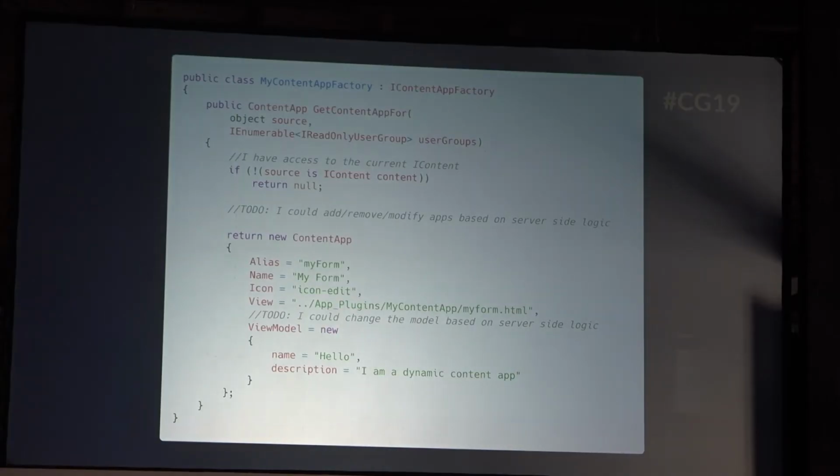Speaking of dynamic content apps, can I? Sure you can. So if I want to make a content app in C#, you can do that. Implement IContentAppFactory. Again, DI compatible, so you can inject whatever you want there. You override a method called GetContentAppFor. You have access to the current user groups of that user, so you could dynamically do things based on permissions